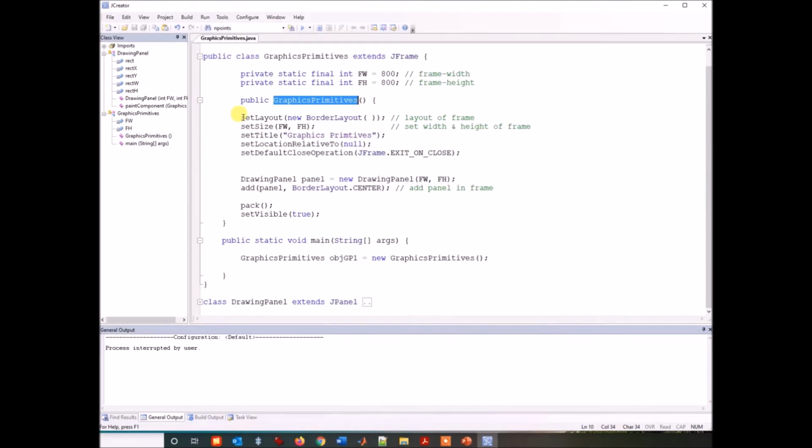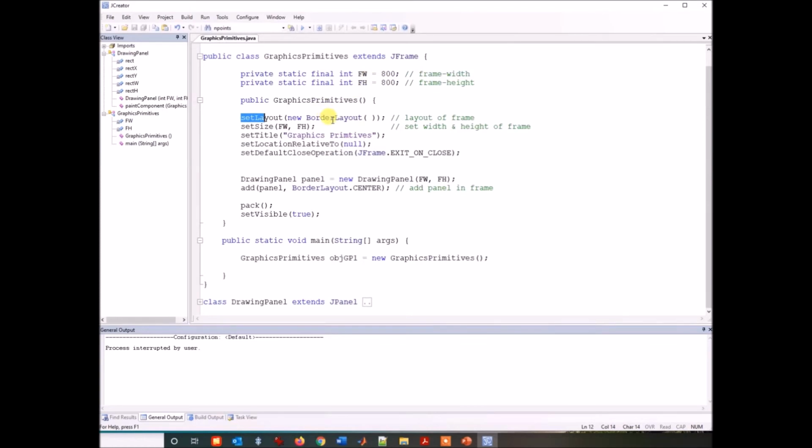And then we call the method setLayout with a new BorderLayout, and I am assuming that you have some basic idea about Java Swing and about layouts, because you are taking this course after the object oriented programming course. So you should know how the components are arranged in the frame. We have set the layout for this frame as a border layout.